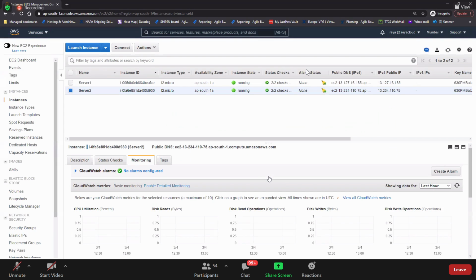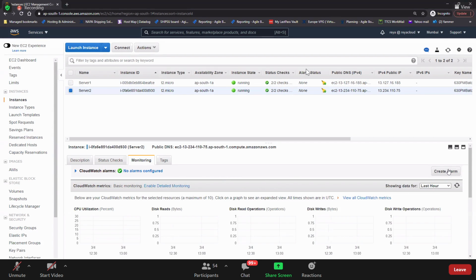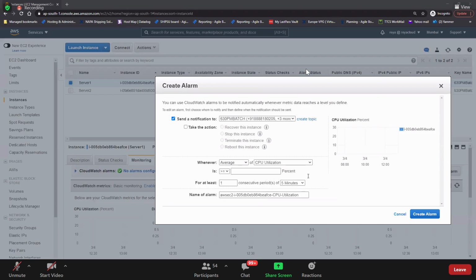And you see that here you have an option called create alarm on the right side. Should we go and create an alarm there? You can also create it in the CloudWatch section. I'll show you there also how to create alarms. But here you have create alarm. Let's go and create an alarm for individual EC2 instances. Each individual EC2 instance, you can go and create alarms here, guys. Let's say, for example, I'm creating an alarm for server 1. So here, create alarm, guys.